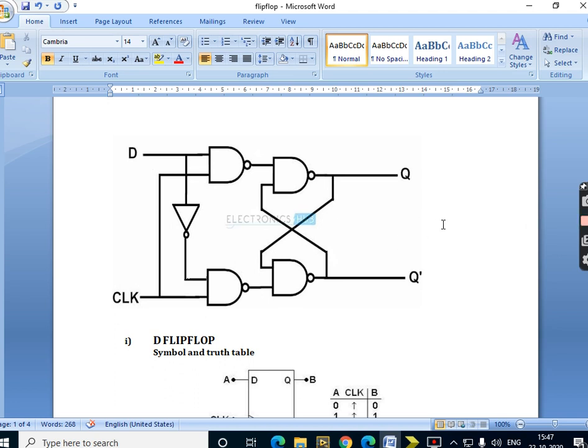So let us understand now the construction of this flip-flop, and also we'll try to execute this on our Verilog simulation platform. Now as you can see, the construction makes use of two NAND gates, and these two NAND gates are called cross-coupled NAND gates. As you can see, the output of the first is acting as input to the next one.